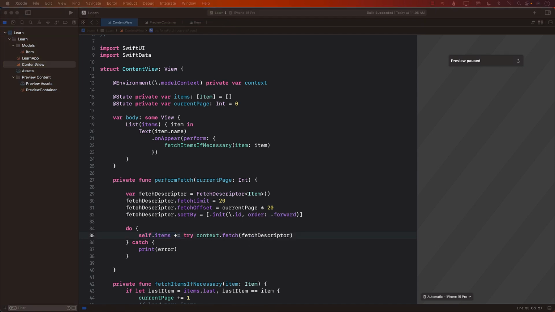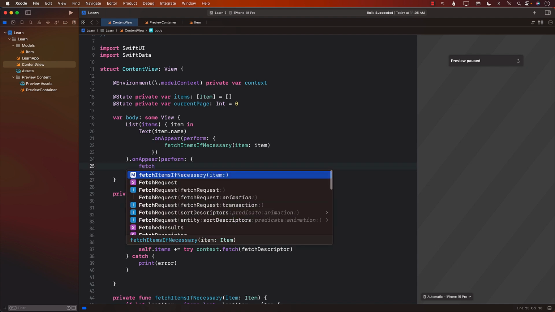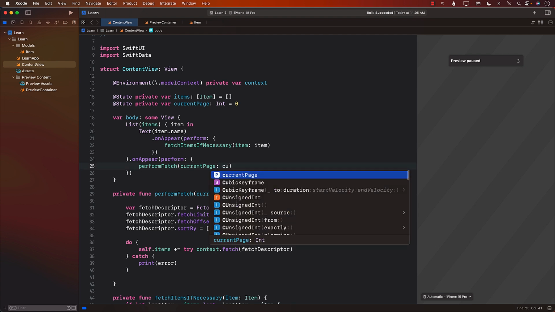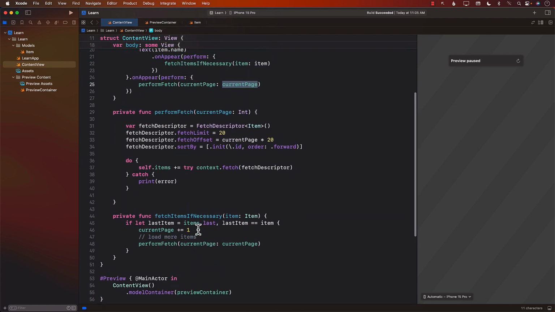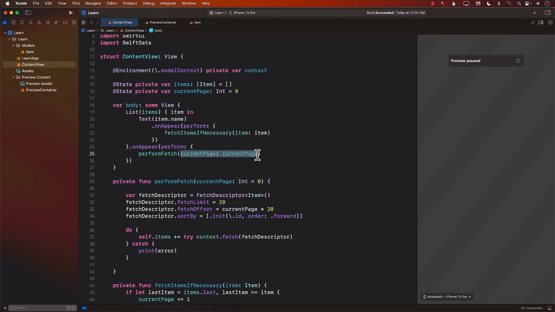The final thing that we need to do is, when this text appears, we're going to call fetch item if necessary, that's fine. But when our list appears, and that's going to be called the first time, we can also call perform fetch because we do need to initialize it with something, right? So we can call perform fetch and pass the current page, which is 0. Now we can probably change this a little bit. We can say default value to be 0. That's fine too. And I guess in that case, we don't really have to pass in anything because the default is already 0, so that's fine. Okay, so now let's go ahead and run this